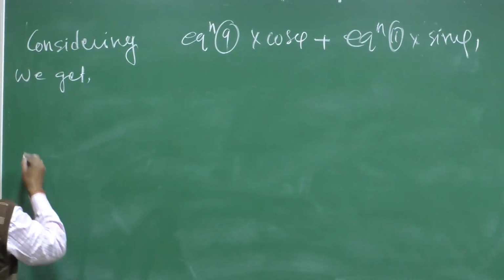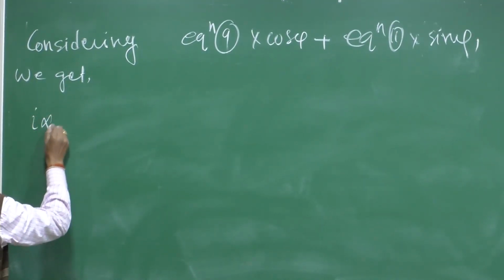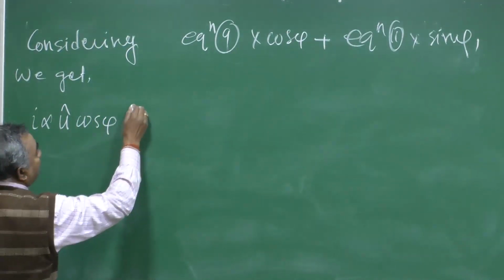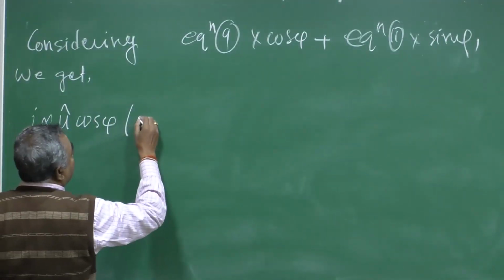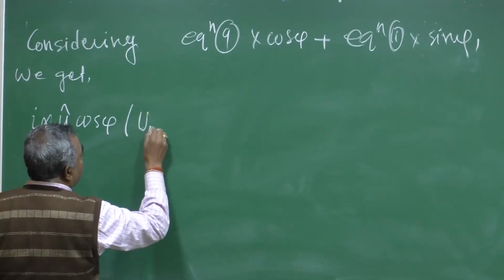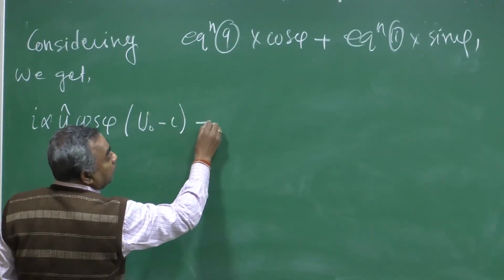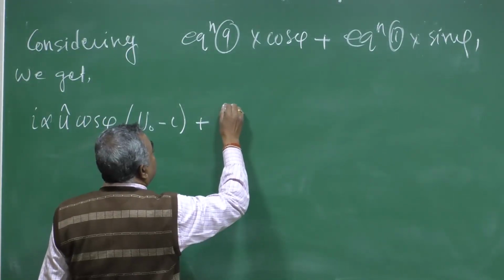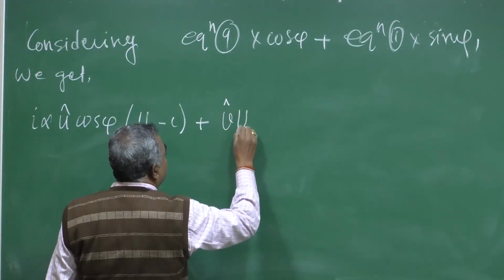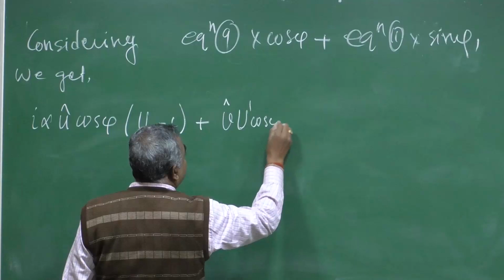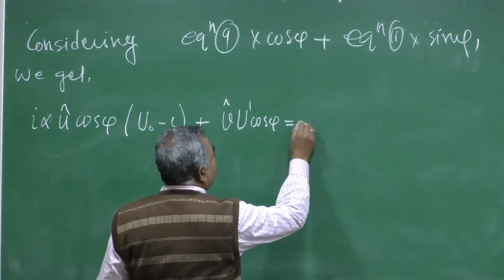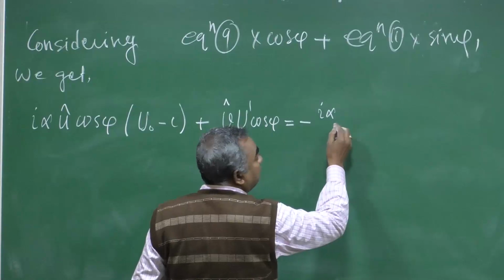So, I alpha u hat cosine phi, and this is your u naught minus c, plus v hat u prime cosine phi equals to I alpha